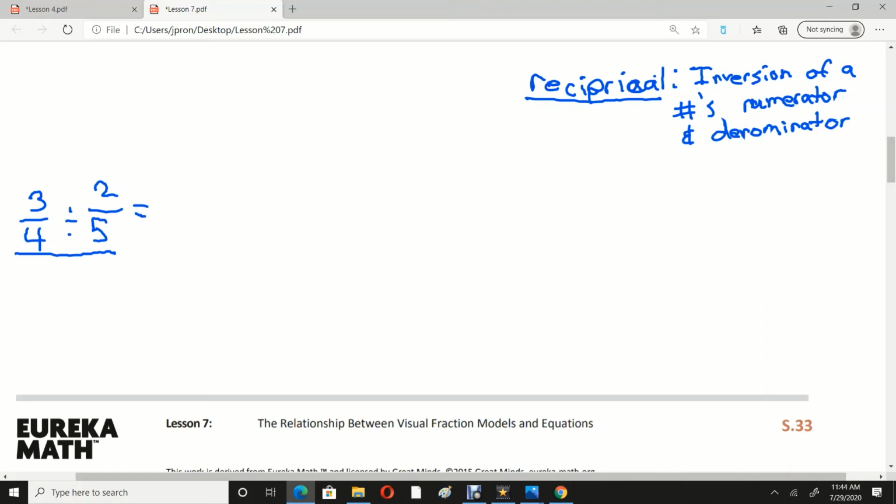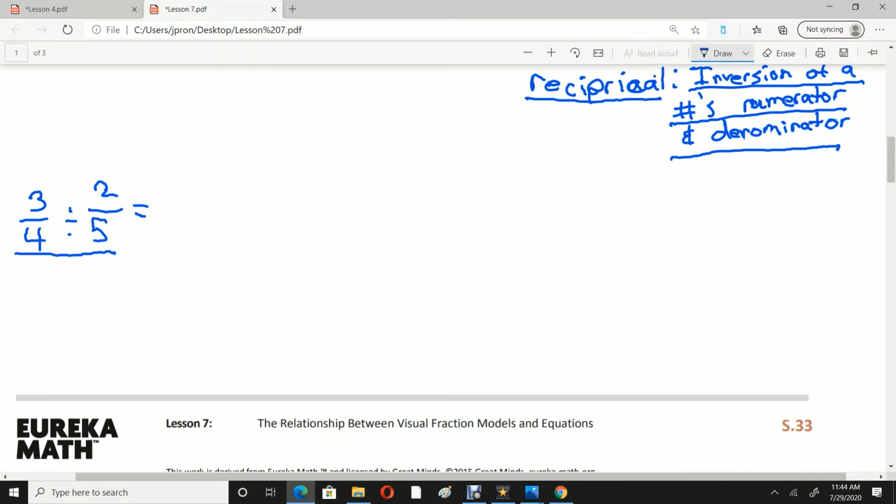Now, what is a reciprocal? A reciprocal is the inversion of a number's numerator and denominator. So we're going to invert. We're going to flip around the numerator and the denominator right here. We take the numerator, put it on bottom, and take the denominator and put it on top. So we inverted the divisor, and we multiply